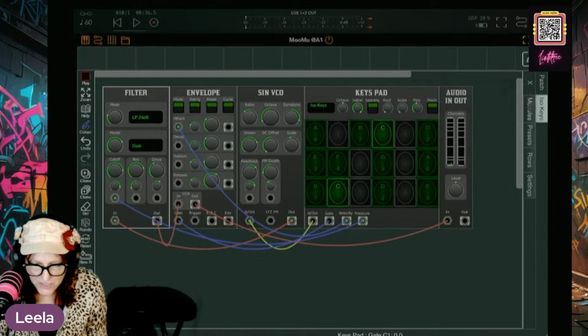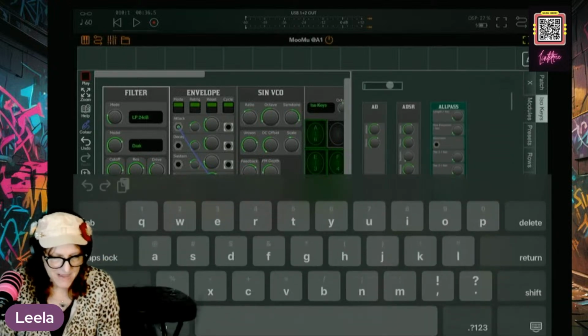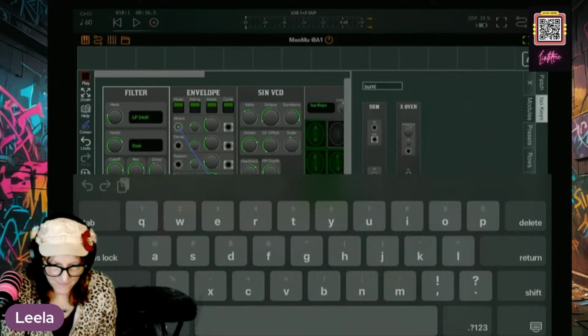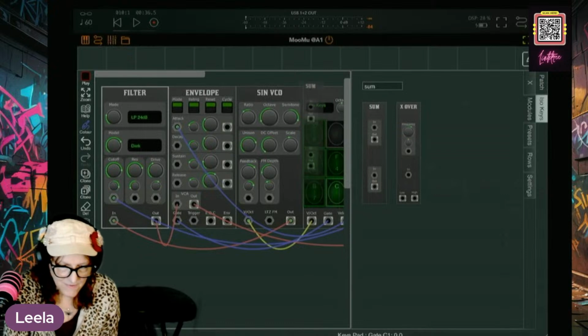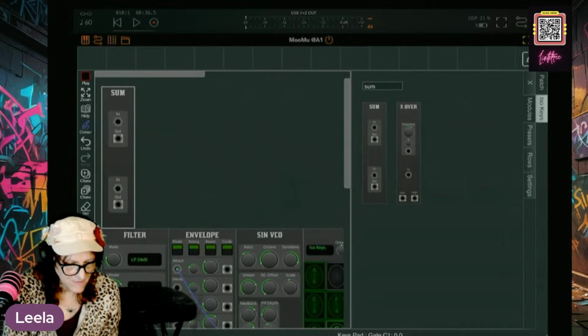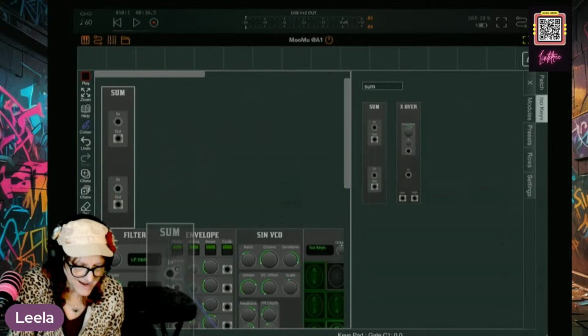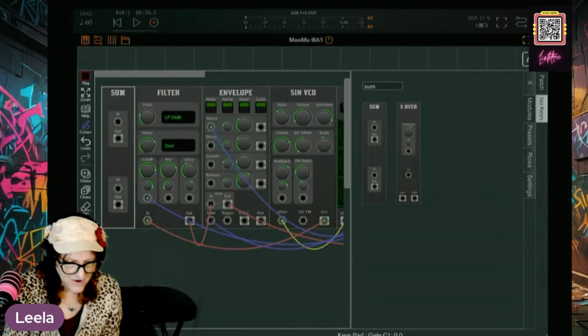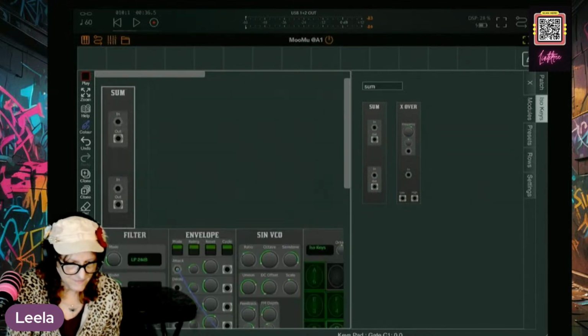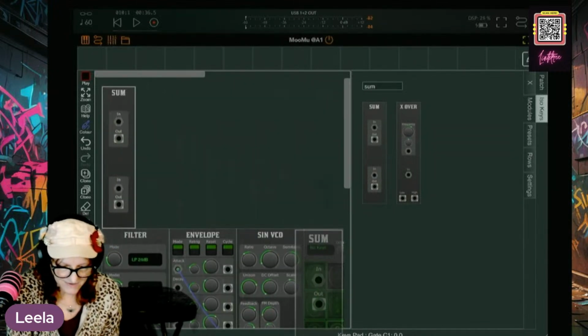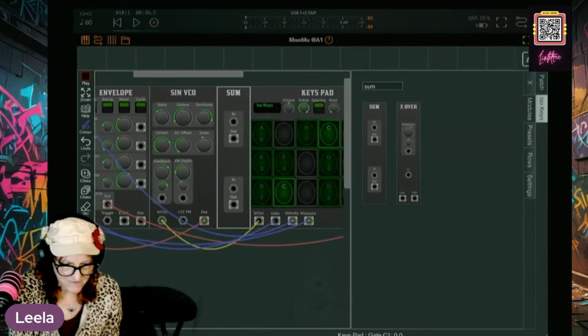Let's find our modules. Sum. There we go. Oops, sum doesn't stay in. There it is. You're right, it's a little smooth.